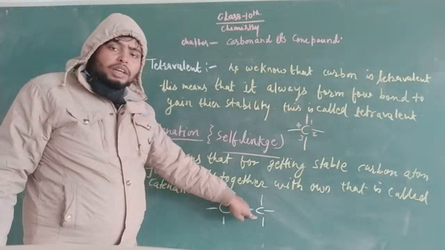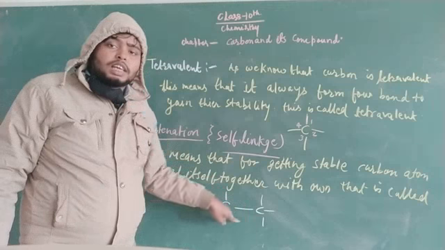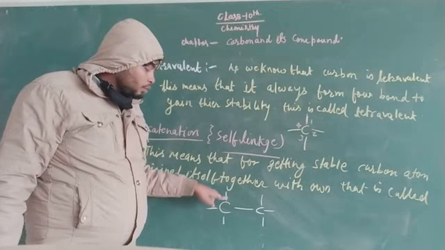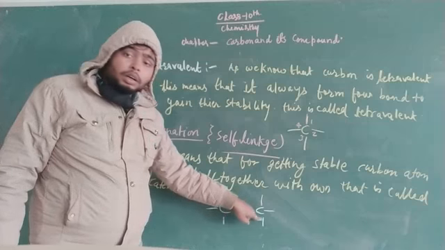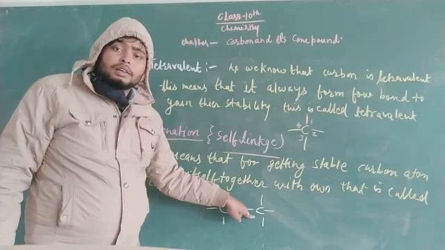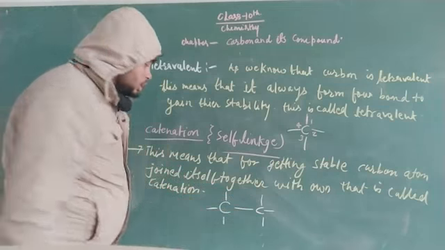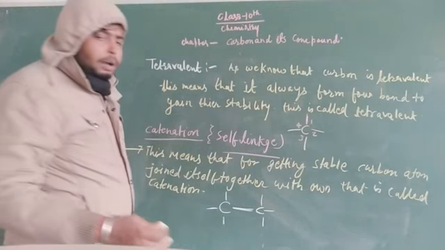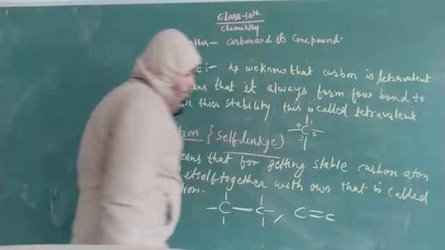You only have to take care that every carbon atom is satisfied with tetravalency. That means each carbon atom forms 4 bonds. This carbon has bonds 1, 2, 3 and 4. This carbon also has 1, 2, 3 and 4 bonds. That is the criterion of satisfying their valency, completing their octet and becoming stable. This is C2, that means 2 carbons, and it is achieved with the help of multiplicity of bonds.